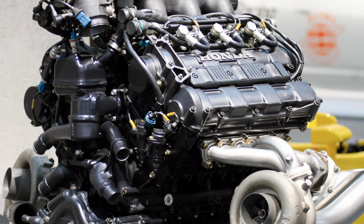And I know that we should not forget about the driver, because even if the car is engineered to perform at high levels, if the driver is not able to make the most out of it, then its potential won't be apparent and would be a total waste of time. I know that was a lot, but going back to the engine and how Honda was able to maximize the